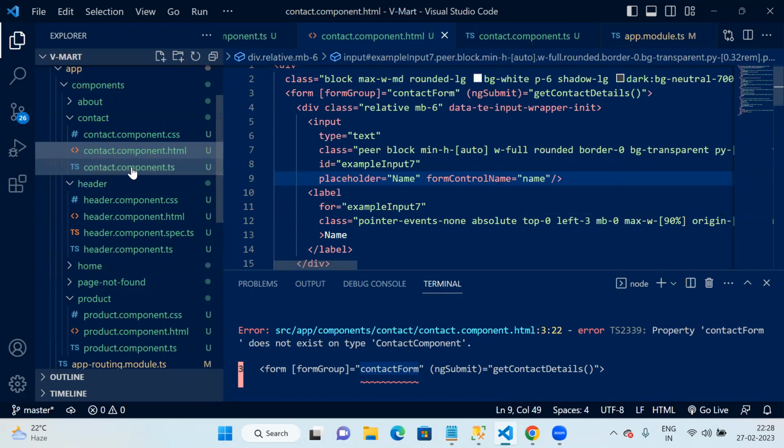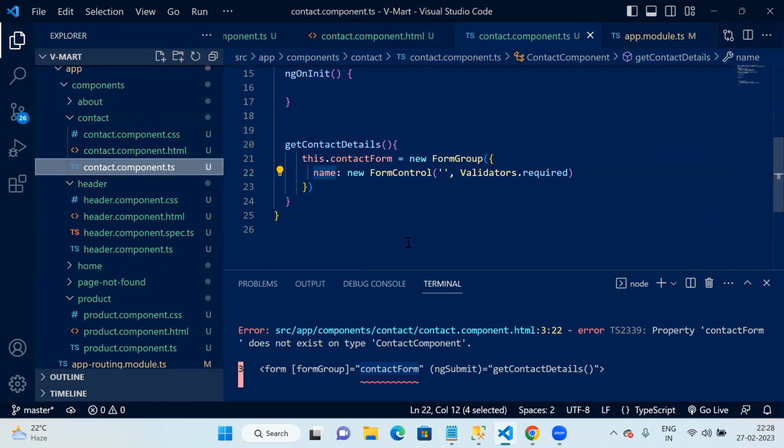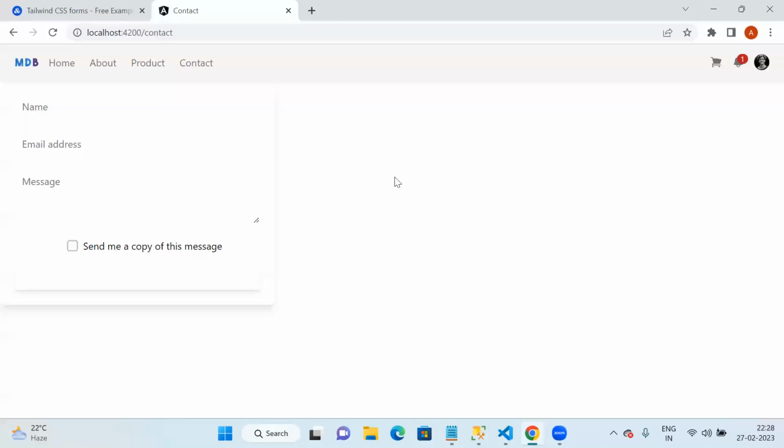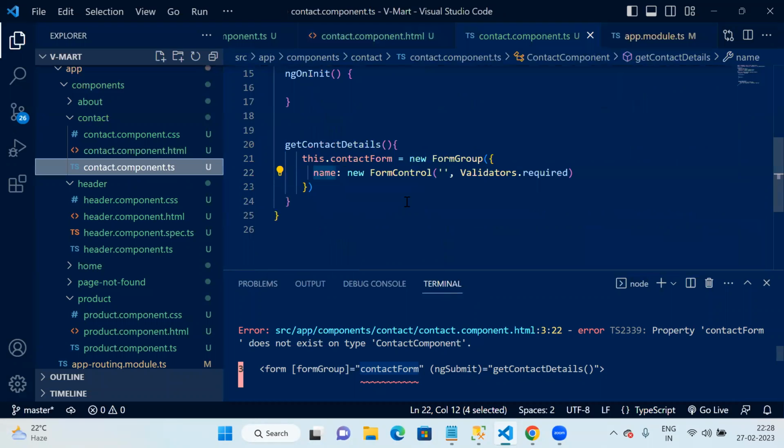And currently, if you can see, it is blank. So the form group is not going to have any value. So let's go and check. So you can see it is blank. Now let's put some value. If you want to put some value, suppose Peter. And now if you go,